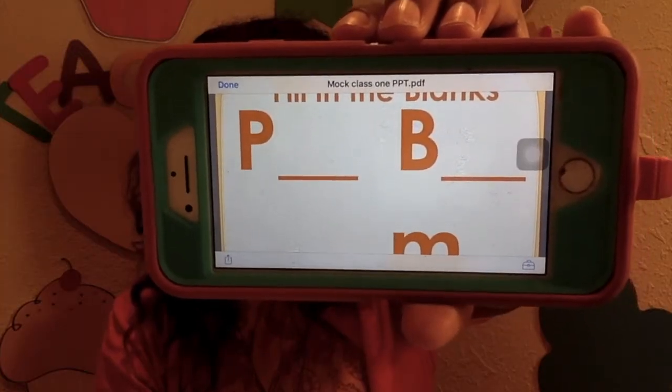Fill in the blanks. So this slide is pretty easy. You're basically just wanting them to write either the big or the small letter, whichever one is missing. So you could circle big P and say, what do you see? And they may say P, and you'll say, good, big P. And have them say big P. Then you can say,